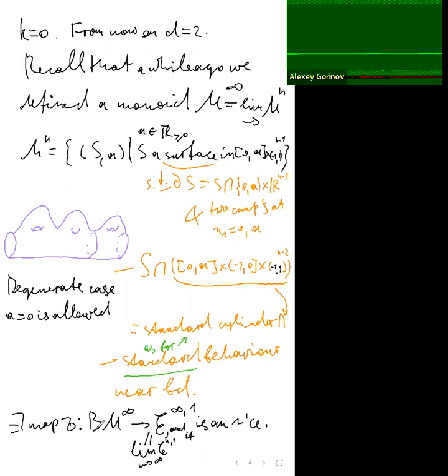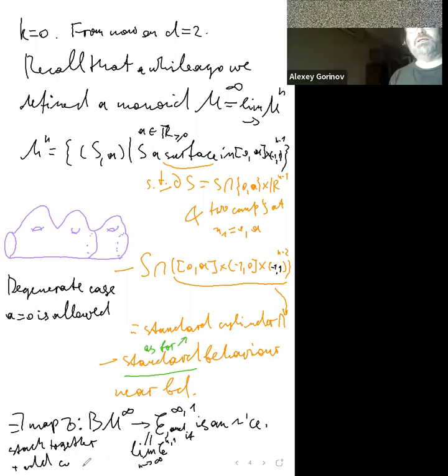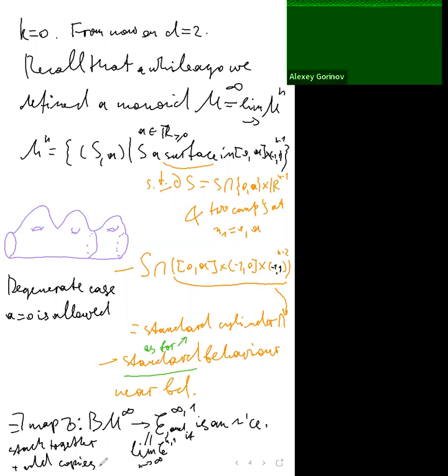But in this case, I think we need to basically add copies of the standard cylinder to the left and to the right of the resulting manifolds. Well, not exactly copies, but